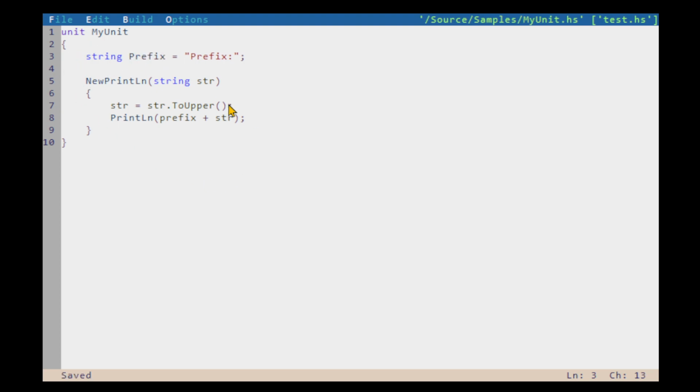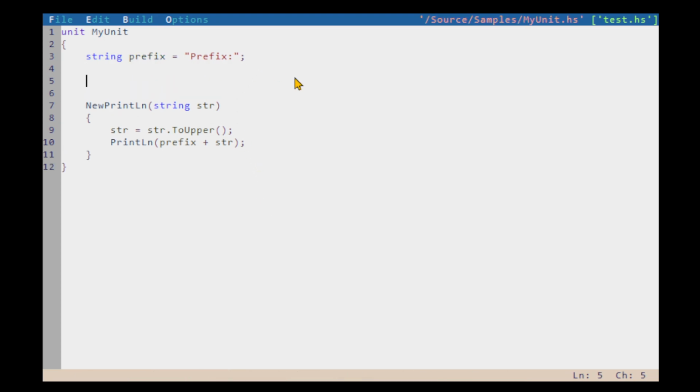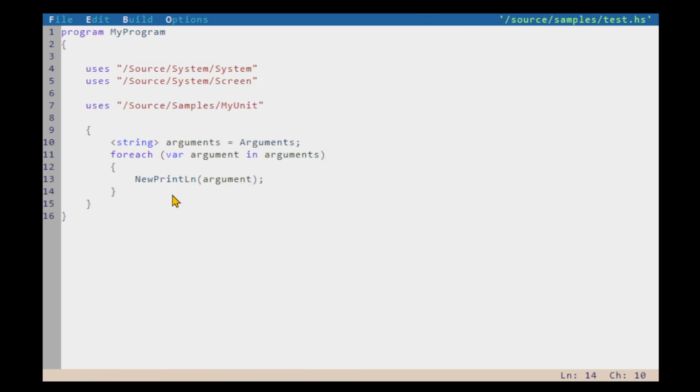Now we try something else. We put an uppercase P on our prefix. Member variables must be private. So you can't do that. You can't expose a public variable, a public global variable from a unit. If you wanted to do that, the way to do it would be to make a property. So I could make a property called prefix with a getter in it and say return prefix, like that. So that is allowed, and if I went to test, I could now say print prefix,